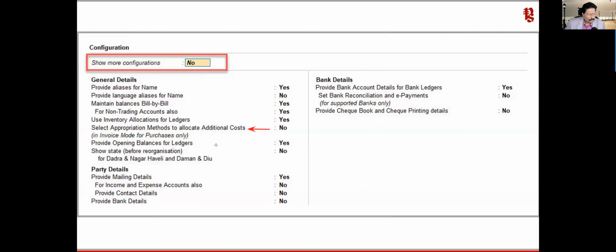In case you want to know more detail about the concept of appropriation in the purchase account, you can go there and click on that video. Okay. So quickly, the option here is select appropriation method to allocate additional cost, which you are going to appropriate in the invoice mode. In my previous video, I've discussed the two schools of thought on the appropriation.